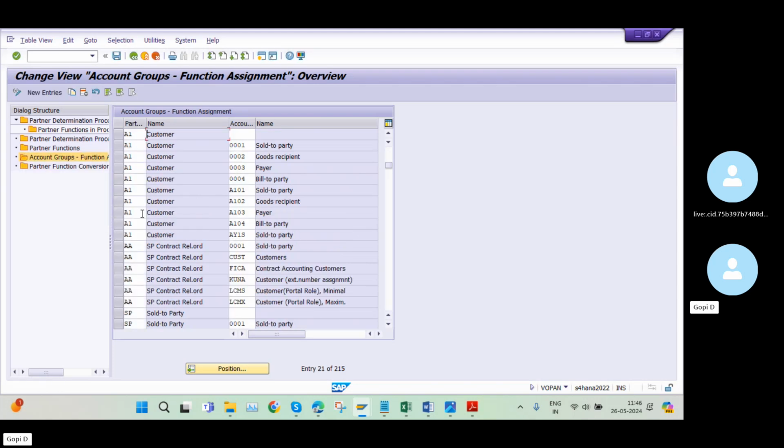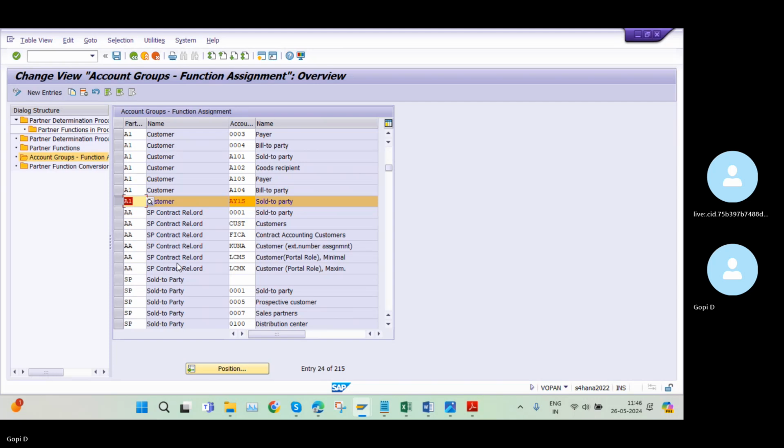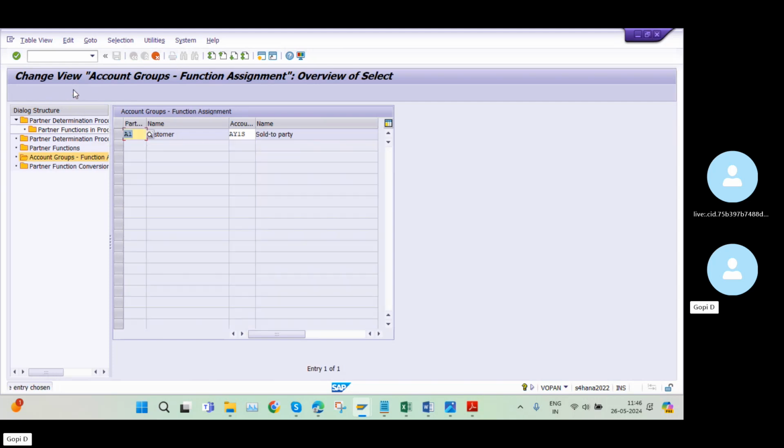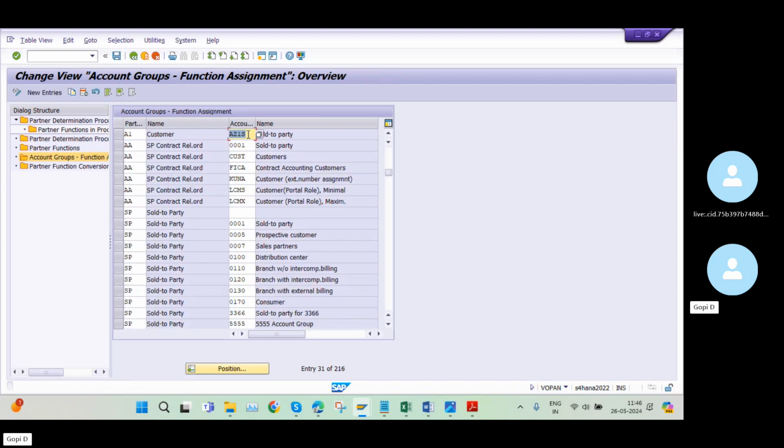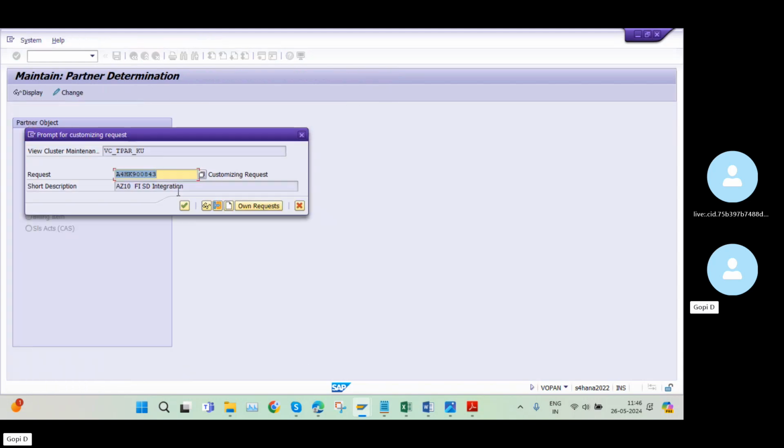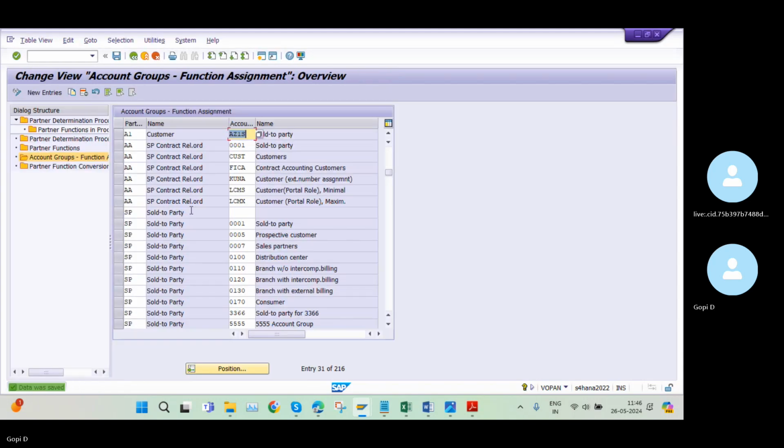So within the A1, I need to maintain A1 to my account group AZ1S. Okay, so it is a warning only, click on save. Okay,